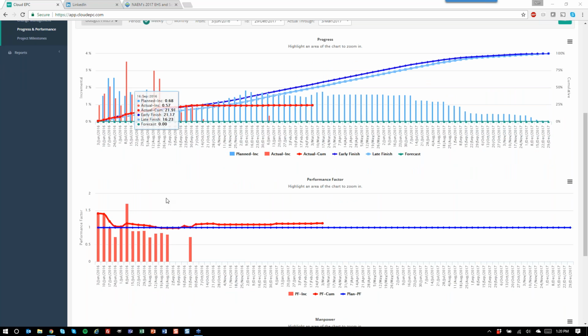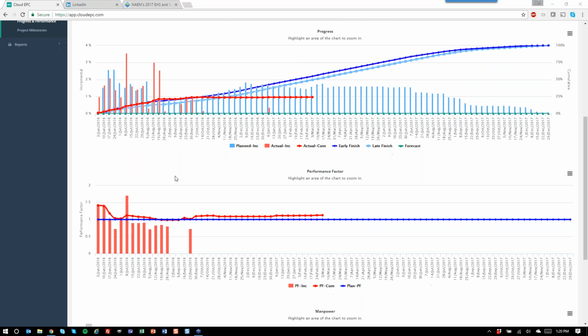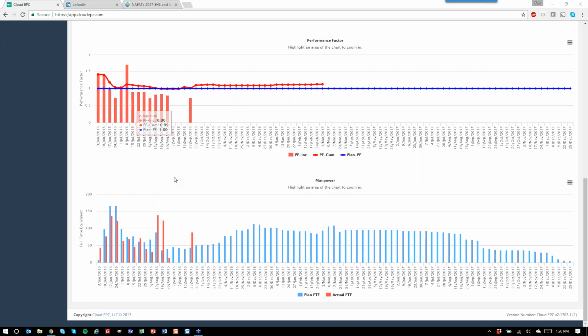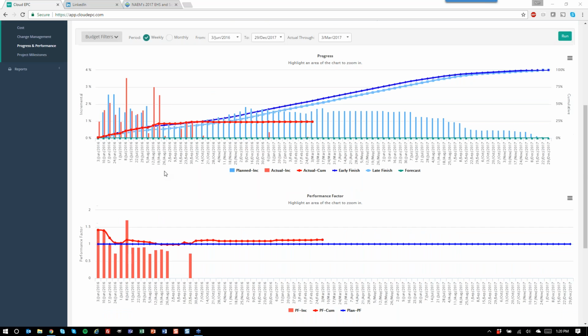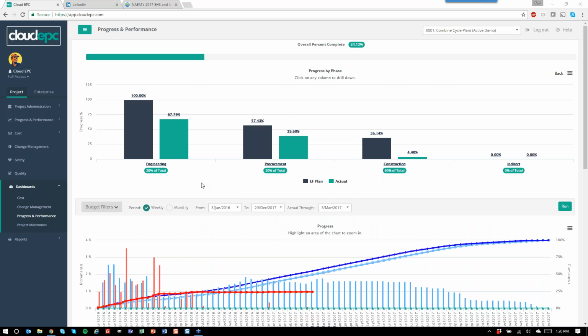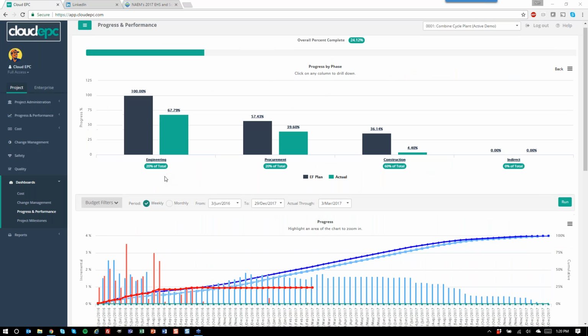We then have performance, which is essentially your performance factor, your earned versus your actual hours spent, which comes from our payroll table. We can customize integrations with any ERP or accounting system, or there are manual import templates throughout the system as well, using Excel or manual entry into the user interface. And then lastly on the three-part curve is the manpower component, which is based on a full-time equivalent manpower structure for which you can set the standard work week hours for each particular phase independently. So if your engineers are working 40s and your construction guys are working 60s, you can split those out to make sure that you get the appropriate calculations.